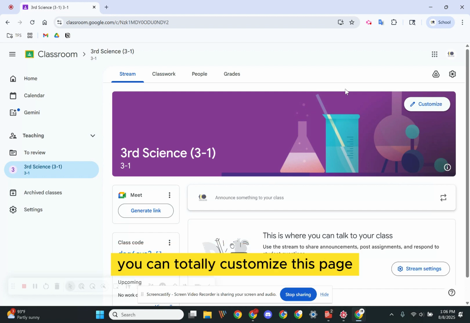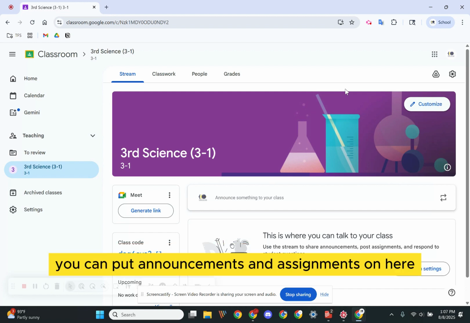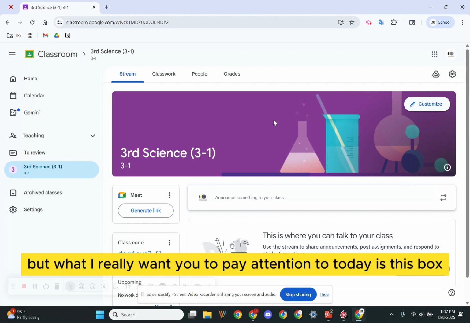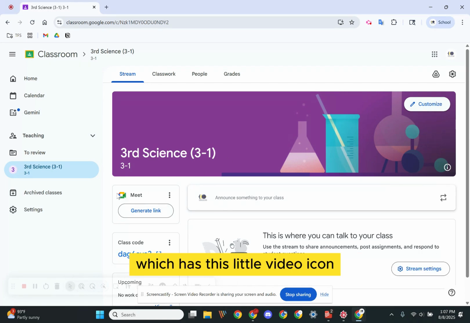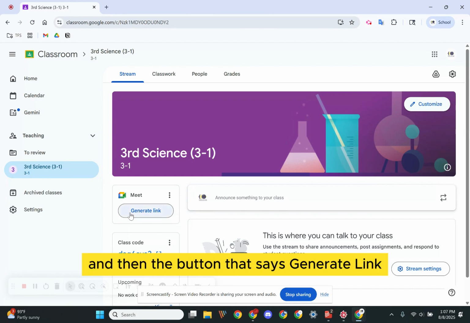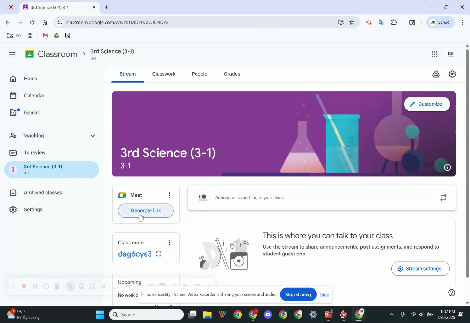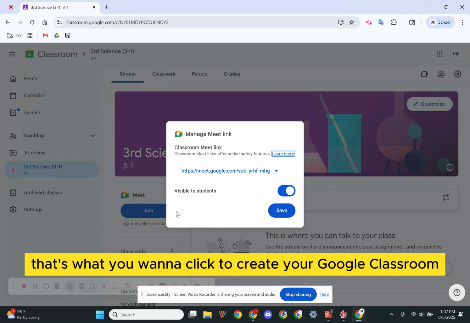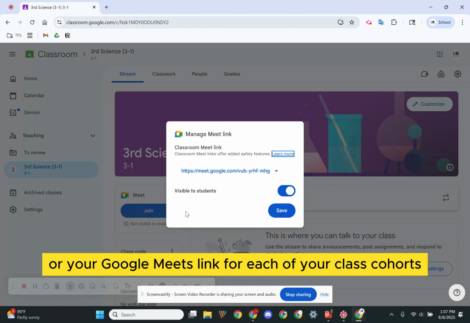You can totally customize this page. You can put announcements and assignments on here, but what I really want you to pay attention to today is this box right here, the Google Meet, which has this little video icon, and the button that says Generate Link. That's what you want to click to create your Google Meet link